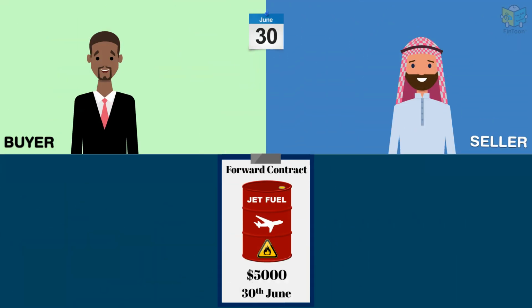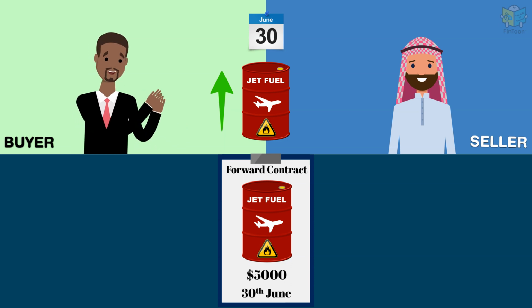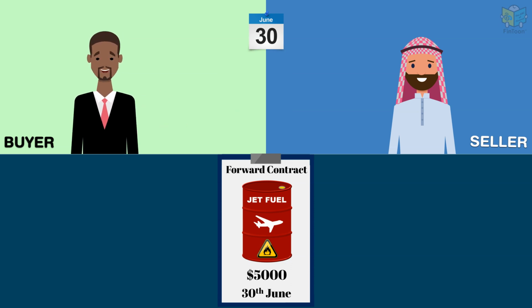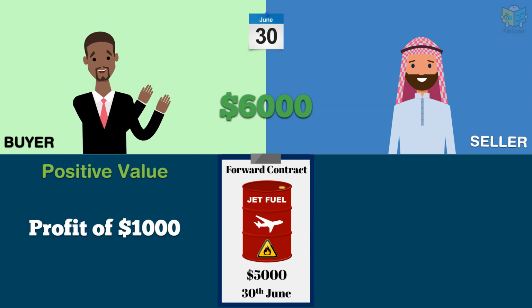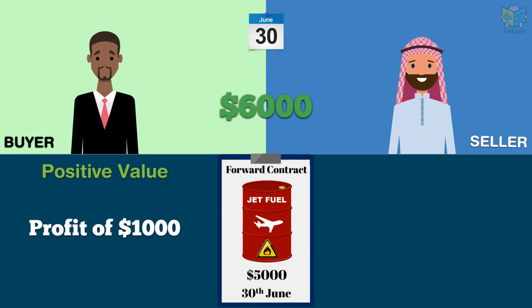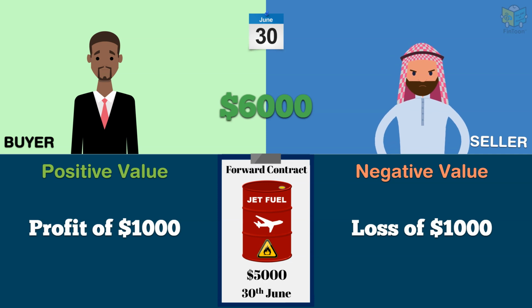During the tenure of the contract, if the price of the underlying increases, there is a positive value for the buyer. Example, if the actual market price of the jet fuel increases to $6,000, the CEO makes a gain of $1,000 under the contract, as he is able to buy the fuel at the agreed upon price of $5,000 instead of the current market price of $6,000. In this case, the dealer makes a loss of $1,000 as he has to compulsorily sell the fuel for